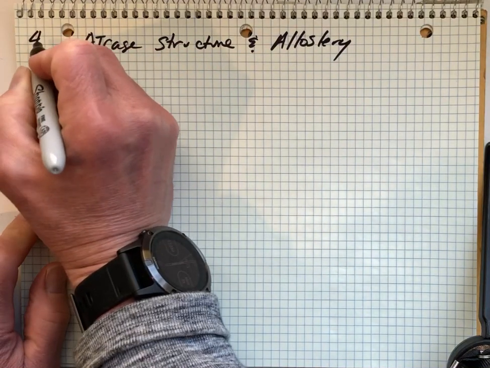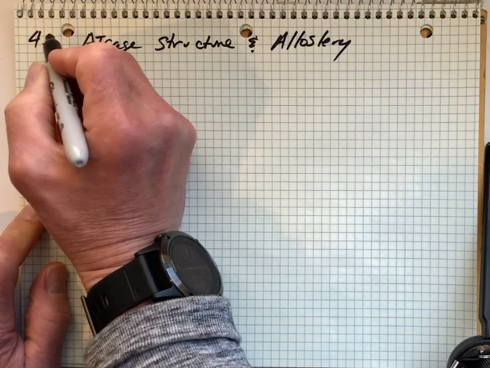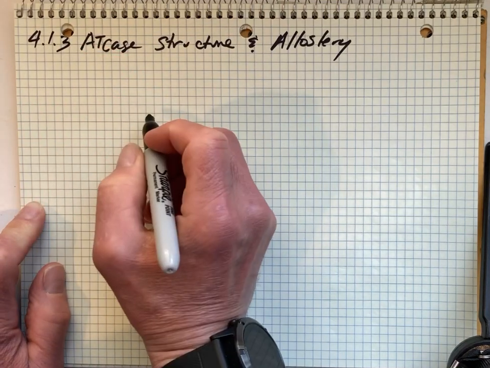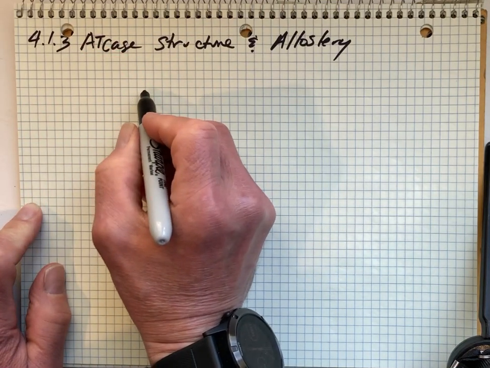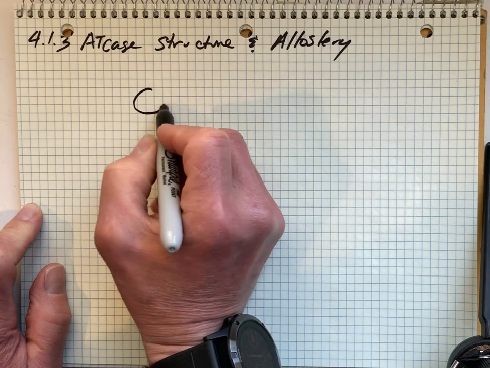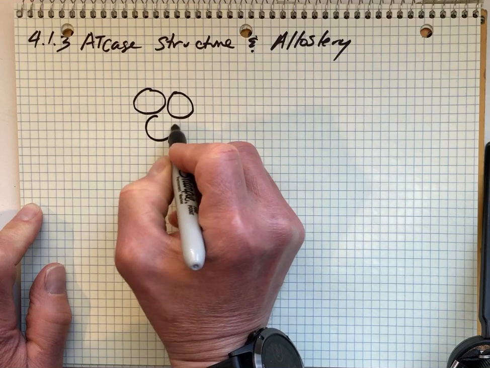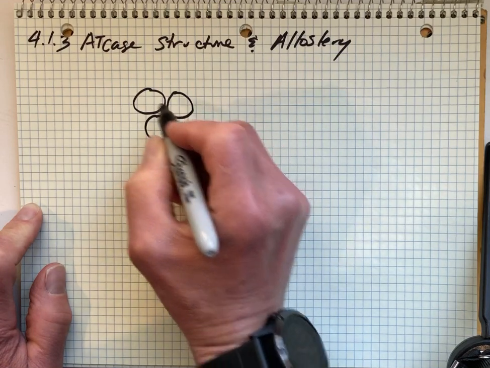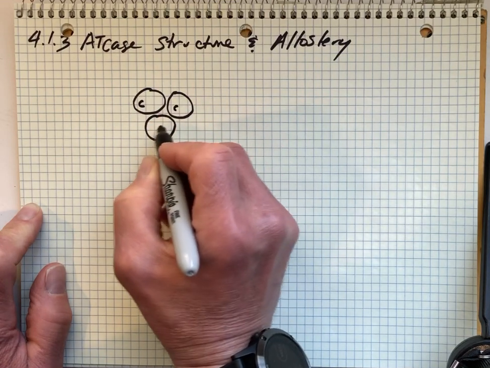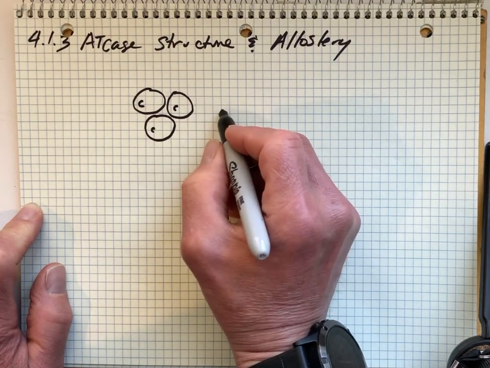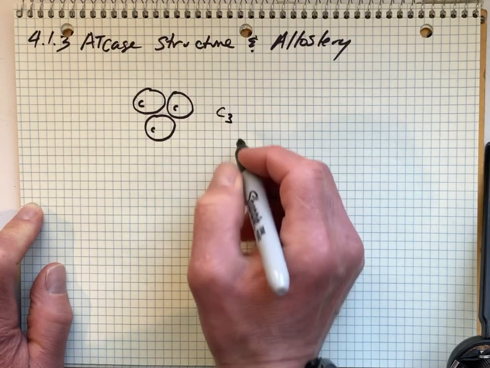This is topic for exam 4, topic number 1, part 3. So the structure for the enzyme where the active sites are located consists of 3 subunits. And this is like the top-down view. Each one of these little circles is a C subunit. And the 3 of them together make a unit that you can purify,